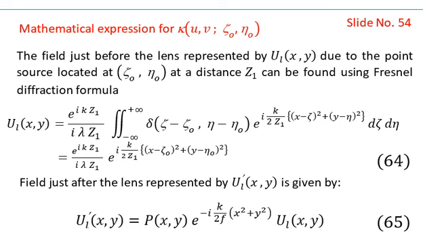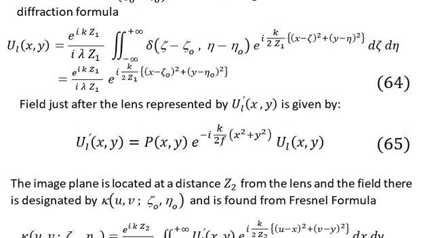So you see that this is the field that we have calculated just before the lens, and you know that the field just after the lens will be equal to the input field multiplied by the pupil function of the lens, which is p of x comma y, multiplied by the phase transmittance function of the lens, which is equal to e to the power minus iota k over 2f, and within the bracket we have x square plus y square, and